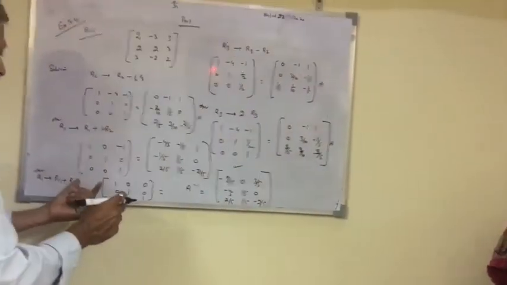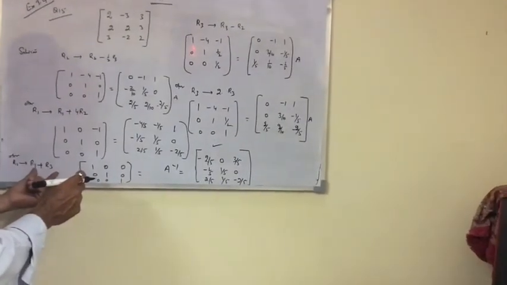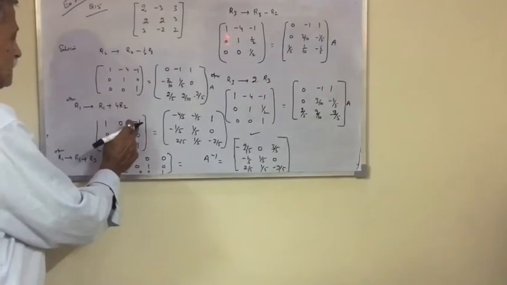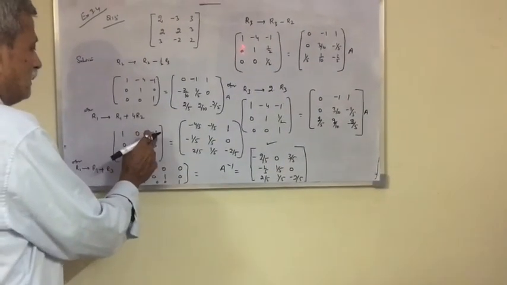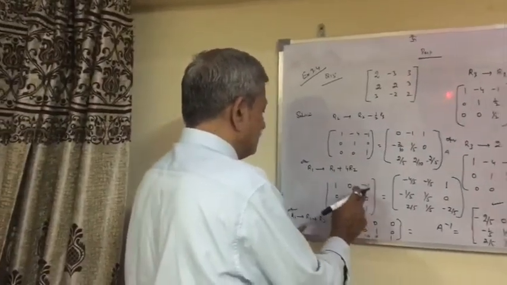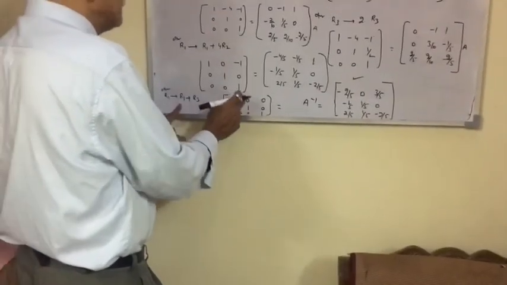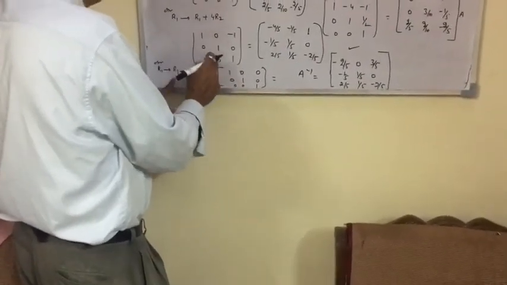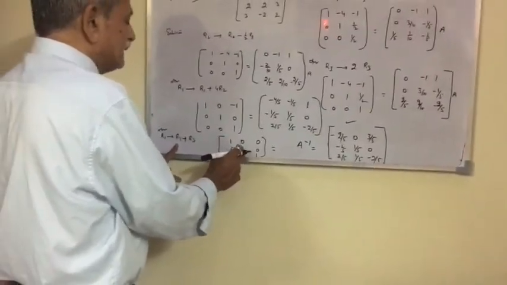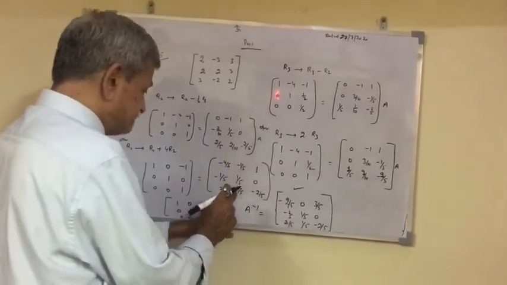Now come to the last operation, that is R1 plus R3. Operating R1 plus R3, you would find that this gives you 1 0 minus 1 gives you 1 0 0 1, because R1 plus R3 goes to 0, and here 0 plus 0 goes to 0, and 1 plus 0 is equal to 0 1. So on the left hand side you would get the identity matrix, whereas on the right hand side you would find